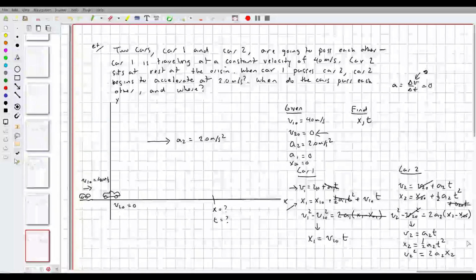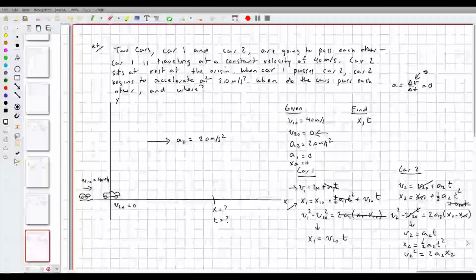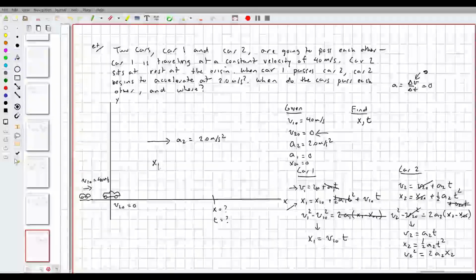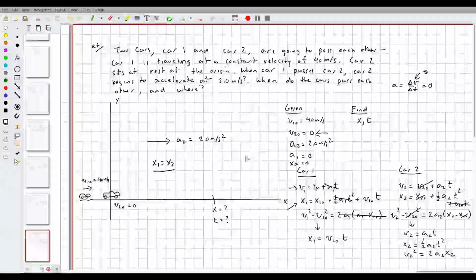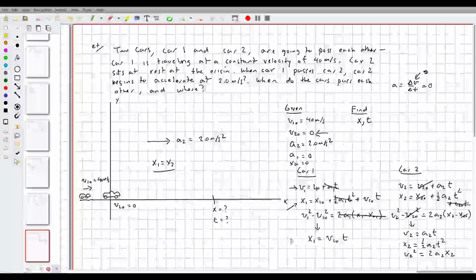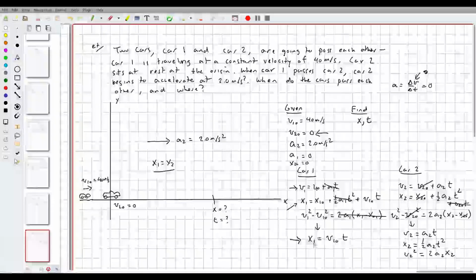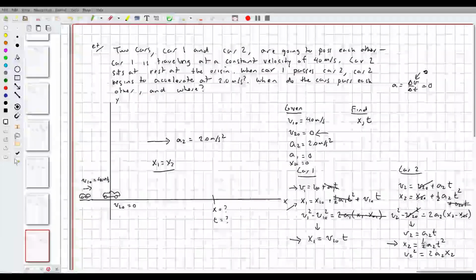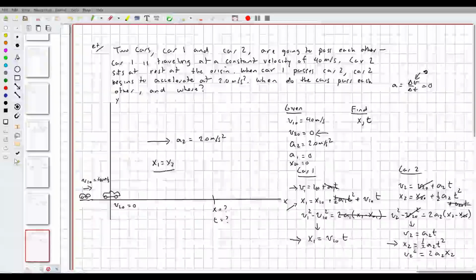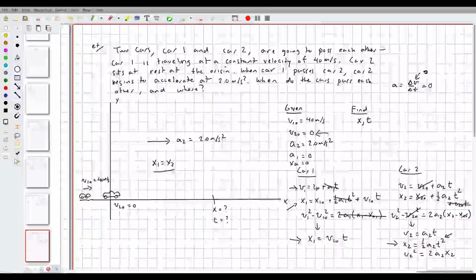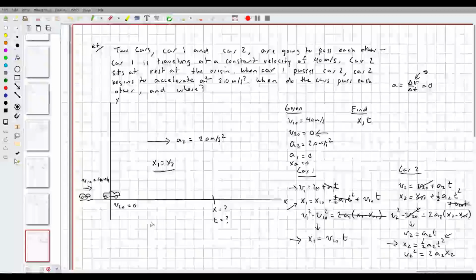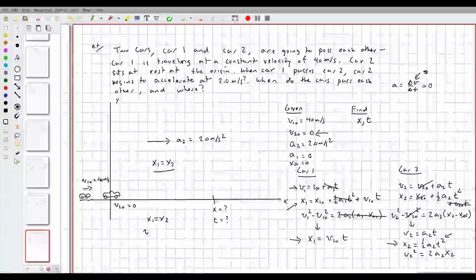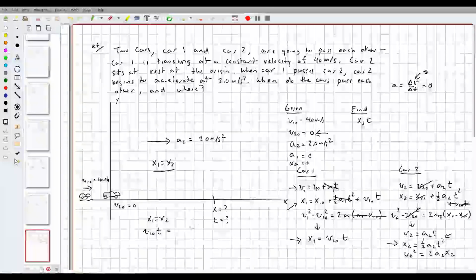Now, we want to find when the cars pass each other, and also where they do that. When they pass, their positions are going to be the same. Okay? Now, this equation right here gives me the position of car 1. This equation right here, and also this one as well, gives us the position of car 2. I propose that we use this one right here. When you set them equal to each other, that is, x1 is equal to x2, v1 naught times t is equal to